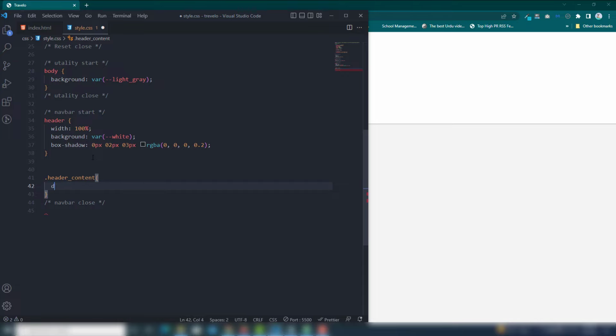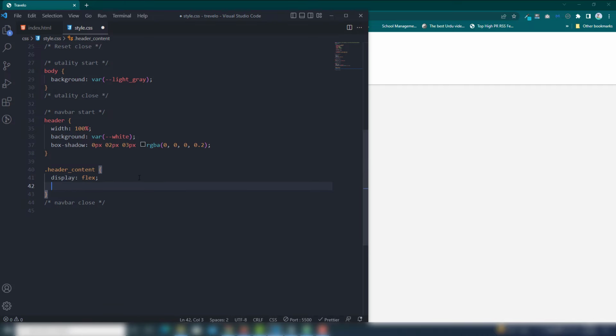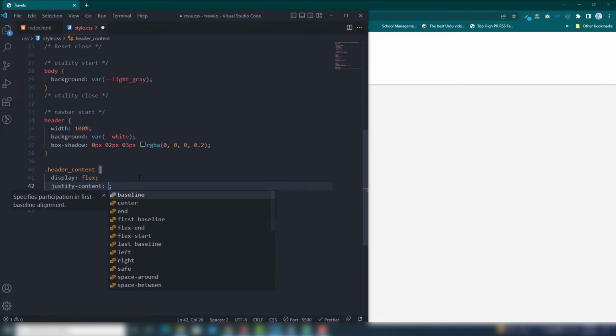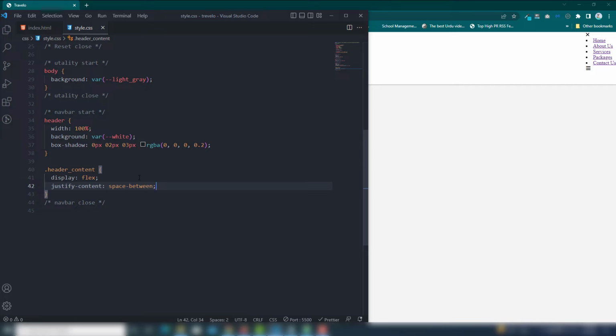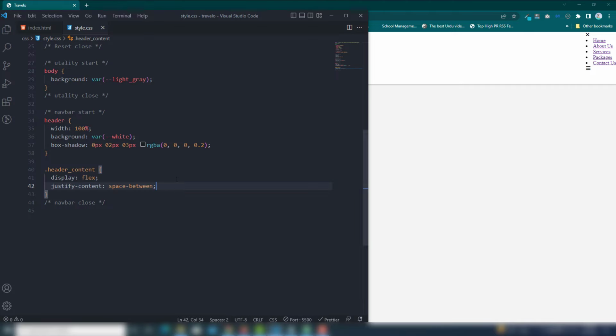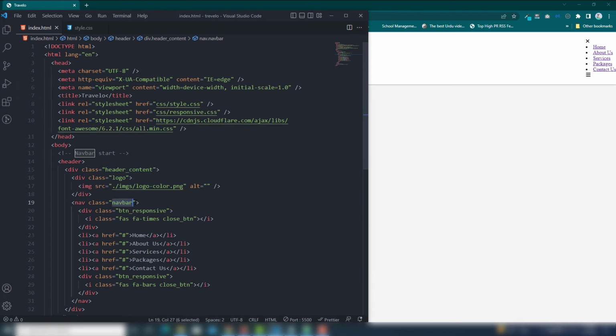In the header content I'm going to call display flex to display everything in the same line, and I'm going to make a space between our logo and our menu. So I'm going to call justify-content space-between, save, right, logo and our menus. And then I'm going to call align-items. I want to display everything in the same position, so I need to use align-items center. Perfect. Then I'm going to call the navbar like this one,